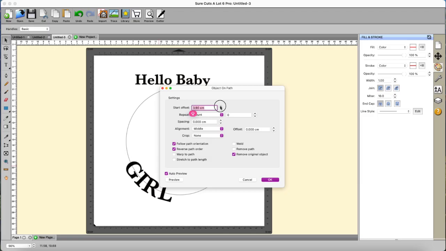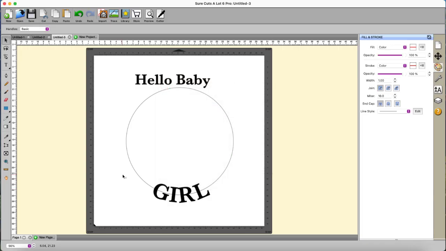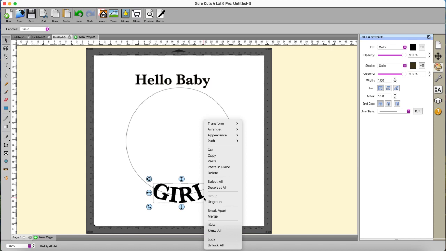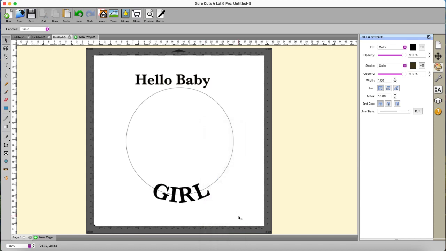And move it around till it gets to where I want it on the base, and it's entirely preference where you want to put it, obviously. So I click on OK. Then I select the girl and I right click and I go to lock, because you can't put hello baby on this path without it accepting that as part of the path as well. That's really not going to work very well, so we just want to select this,